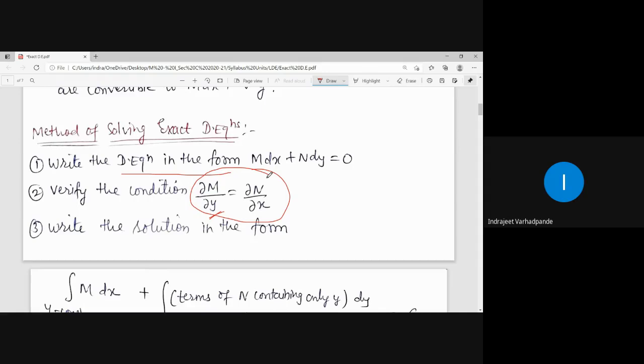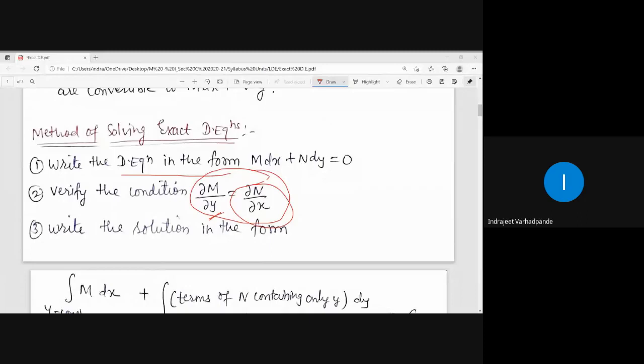So the process of calculating the partial derivative is similar to that of the ordinary derivative. Only the other variables, apart from the one we are differentiating with respect to, should be treated as constant, whatever their number. If it is a function of three variables, say x, y and z, and I am differentiating partially with respect to x, then y and z will be treated as constant. When I am differentiating partially with respect to y, x and z will be treated as constant. The notation for the partial derivative is del by del x, del by del y. The operators are called del by del x and del by del y, right?